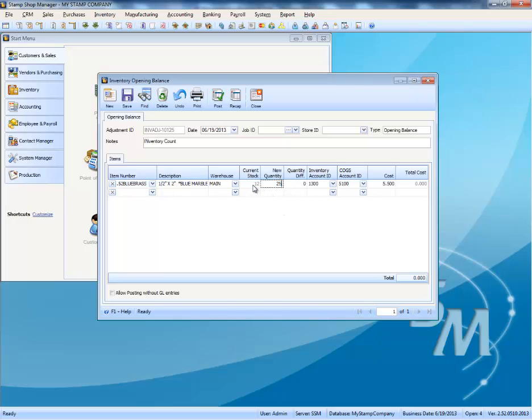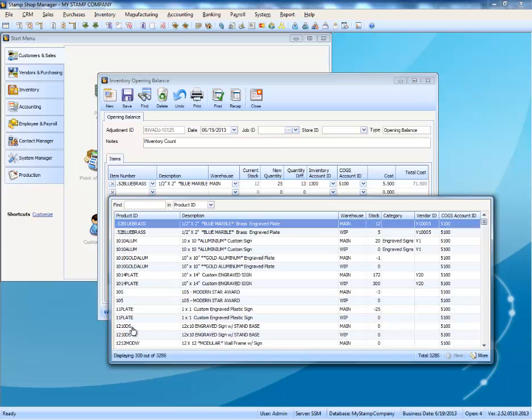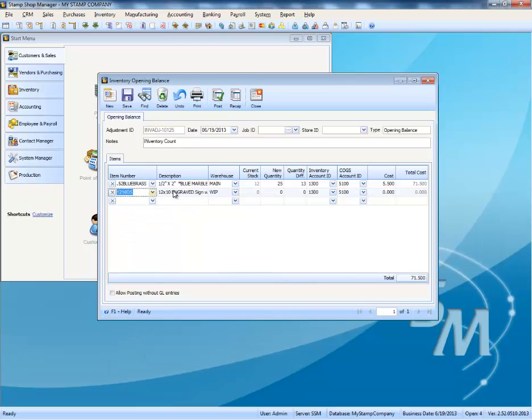In this case, the system said we had 12. I physically counted 25. It's a difference of 13. And there's the cost that's in the system for that item. For this item, in this case, there are 0 on hand, but in reality I have 10 on hand. If I have not recorded a cost on the inventory item, it's going to show that. If I know the cost, and I would recommend that you look that up if you do not have it,